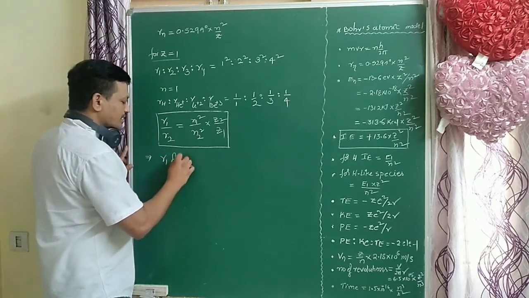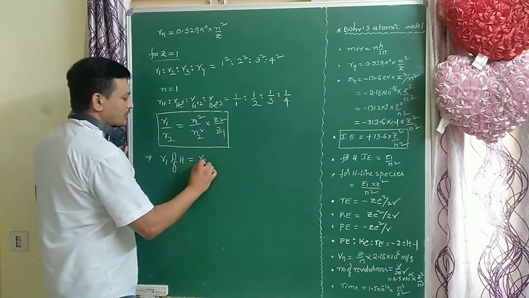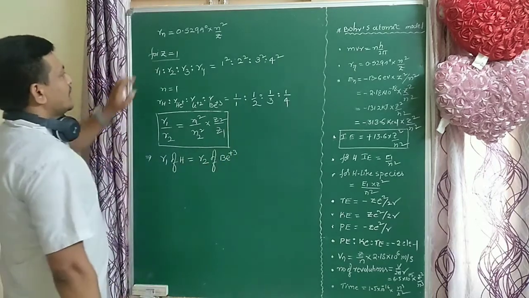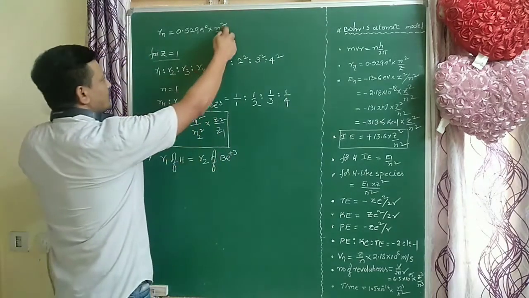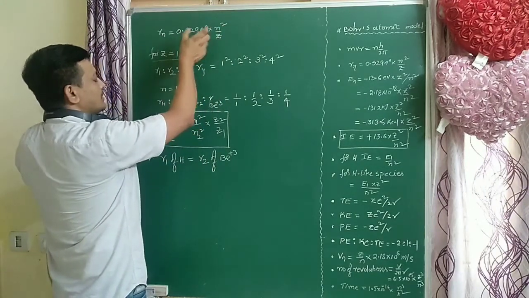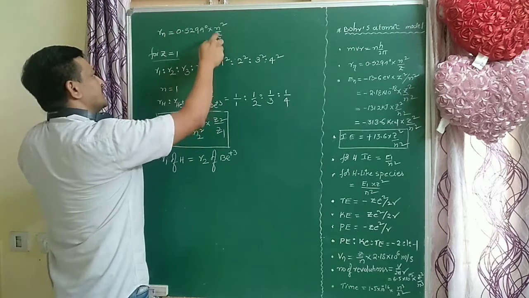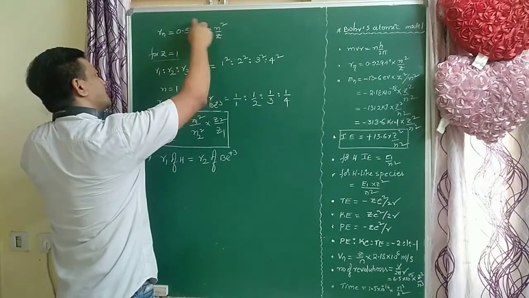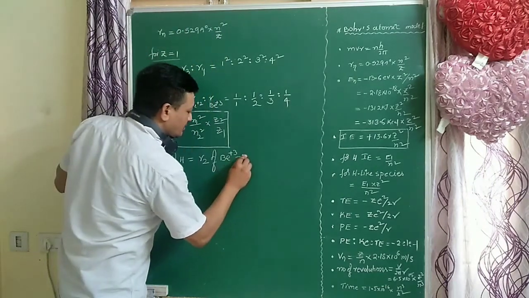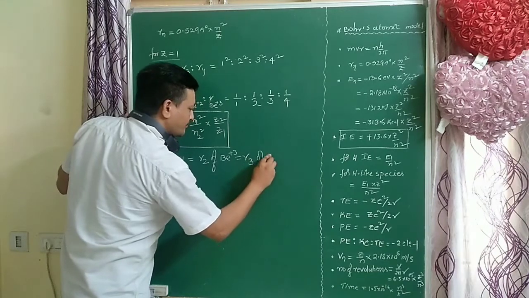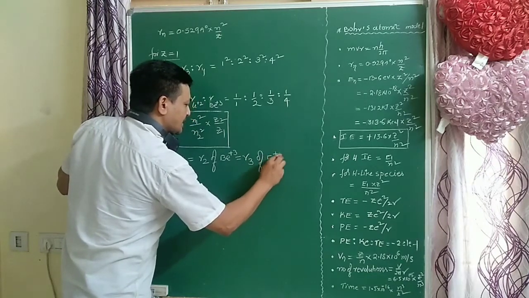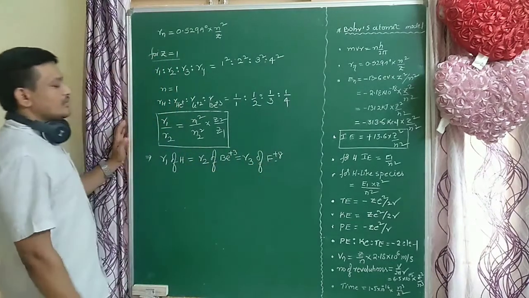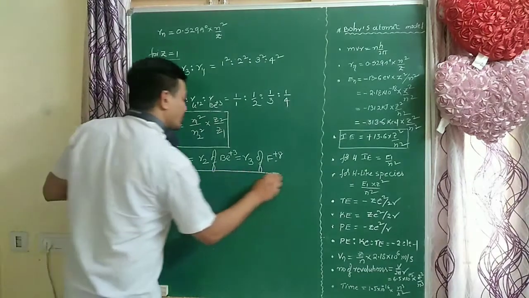R1 of hydrogen equals R2 of beryllium plus 3. That means for R1 of hydrogen, n equals 1 and Z equals 1, you get this value. For R2 of Be plus 3, Z equals 4, second orbit 2 square by 4, that cancels and you get the same value. That equals R3 of fluorine plus 8. All of these have one electron particles. This relation is very important.